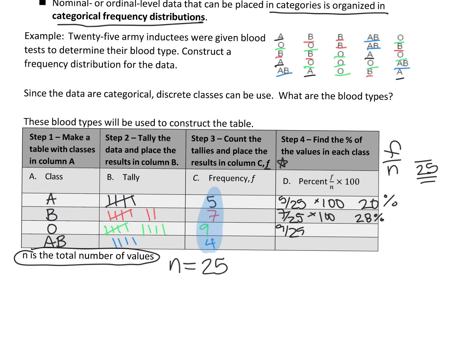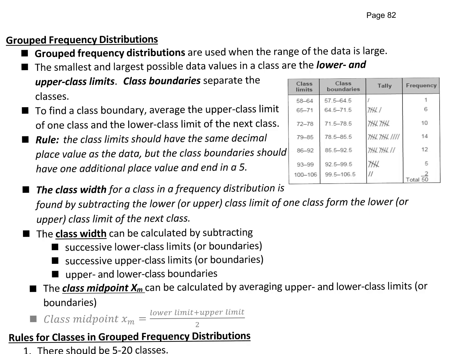And then 9 over 25 times 100, which would be 36%. And then 4 over 25 times 100, which would be 16%. All right, so that is just what our frequency table looks like. And now we're going to go ahead and move into this next part, which is grouped